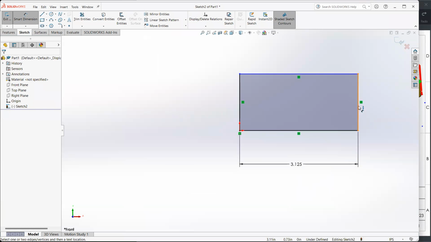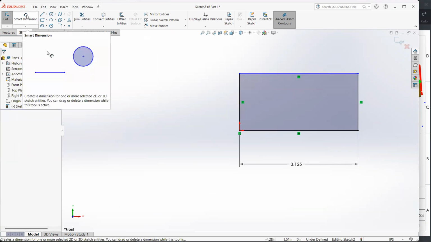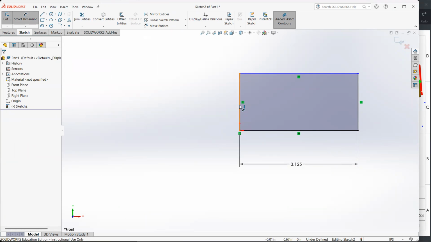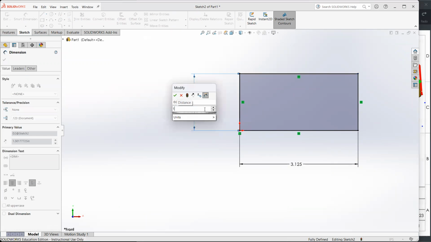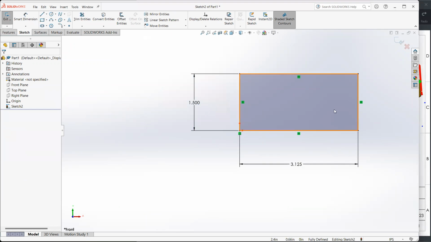With this, as we can see, this line became also black. And so if we click and drag, we cannot move it, unlike this one where if we click and drag it, we can move it. We can go again, smart dimension, and we can give this a 1.5, enter. With this, we have our sketch fully defined, all the lines are black, and so we can go exit